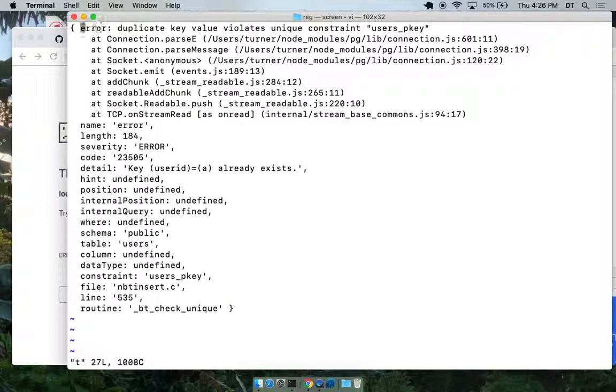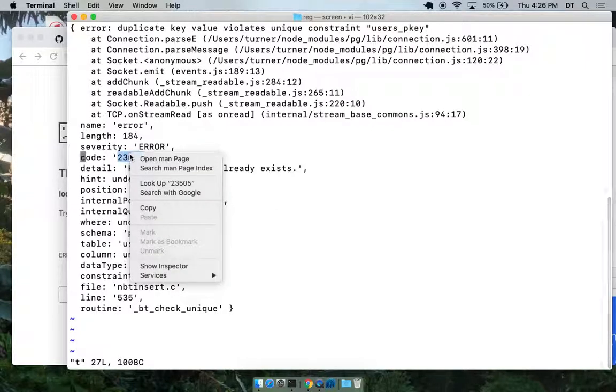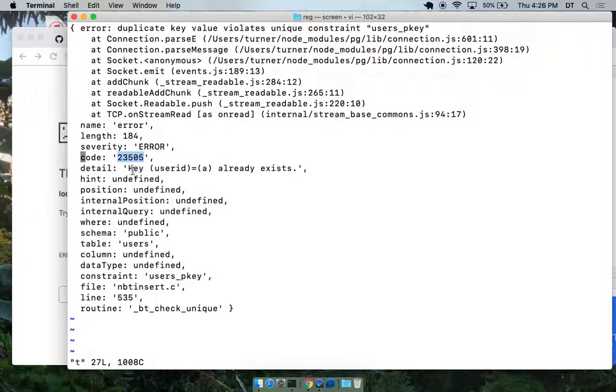And so the error looks like this. So this object has an error field, and it has a name. And let's see, this has this code here. There it is. Error.code. Watch this. It's the key already exists, right?